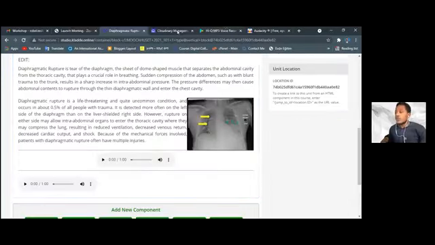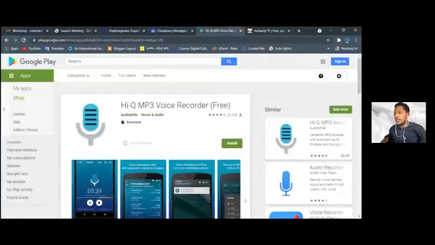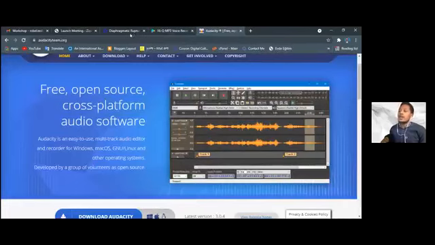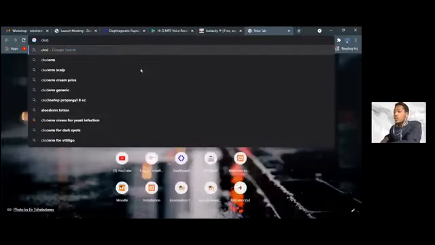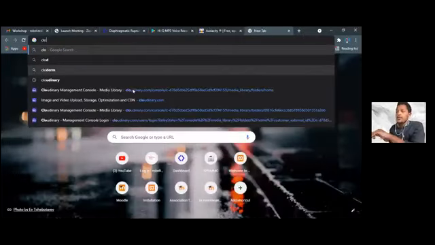So for audio recording, the first thing to do was record the audio through, as I said before, HiQ MP3 and Audacity. After that, when it's provided as the necessary MP3 output we needed, sorry, I closed Cloudinary.